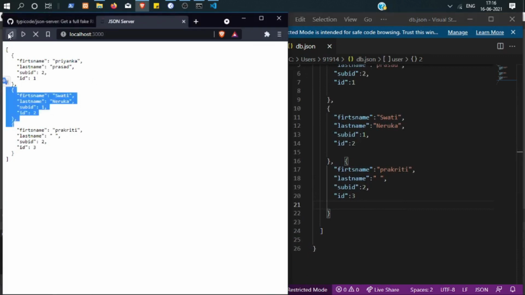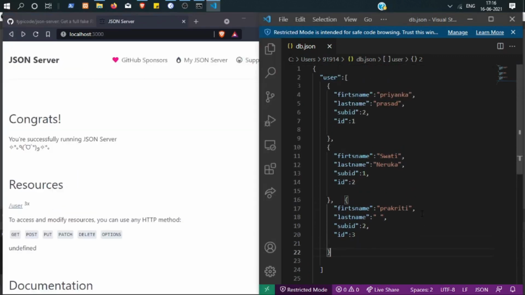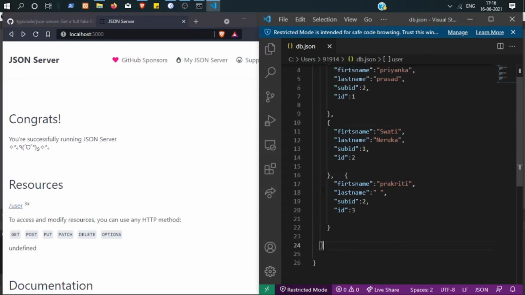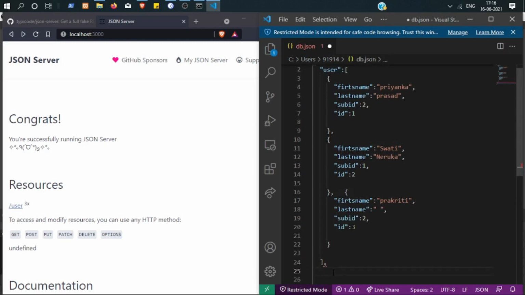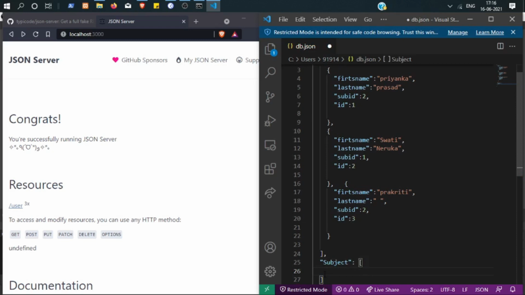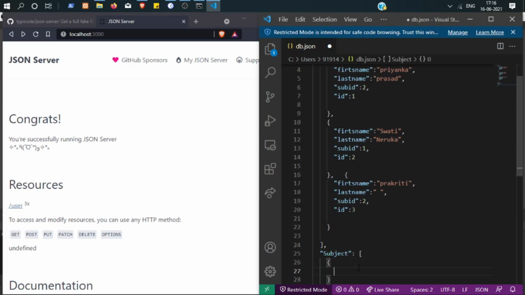Now let's make one more resource, that is subject. After the square brackets, I need to mention subject, and then curly braces, and then I need to mention the subject name, and the ID.